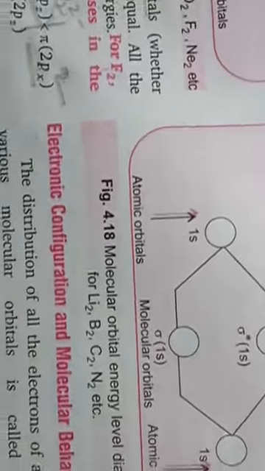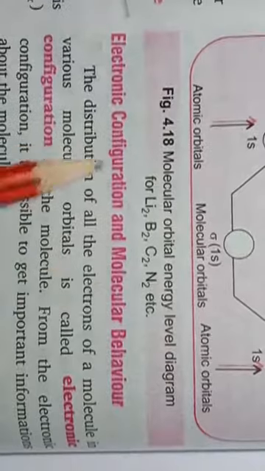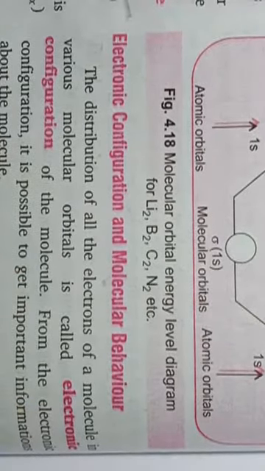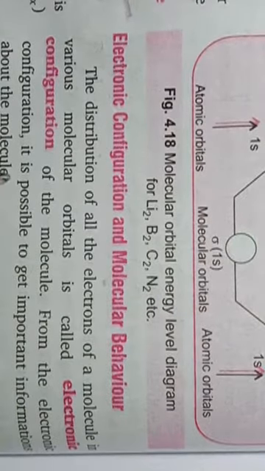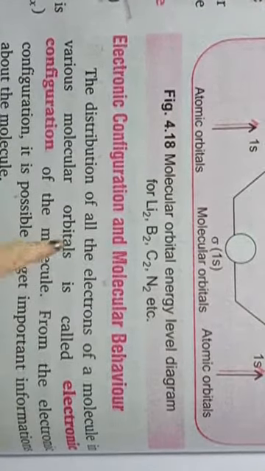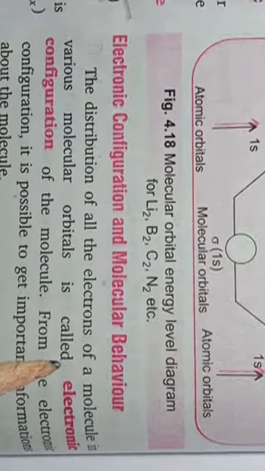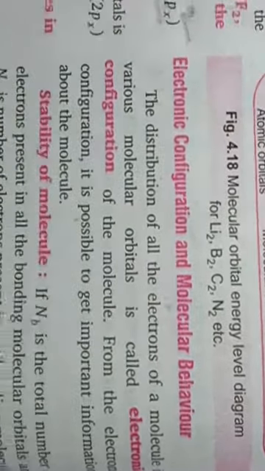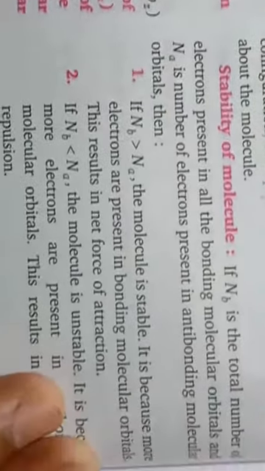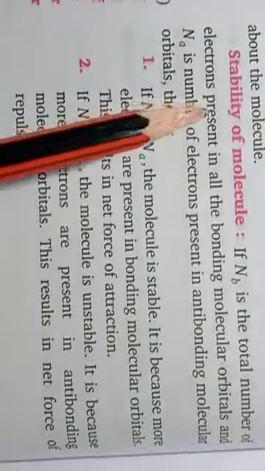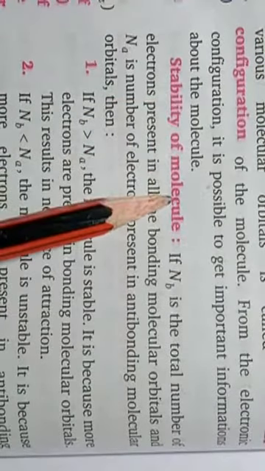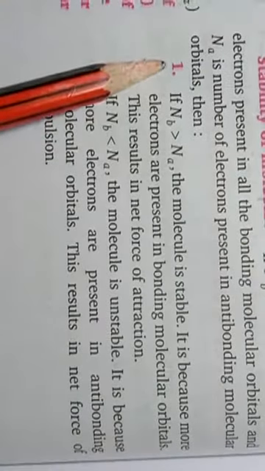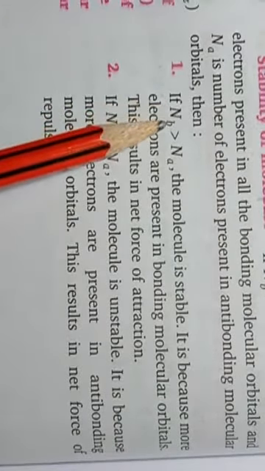Okay students, the next heading is electronic configuration and molecular behavior. After completing the electronic configuration of a particular molecule, what conclusions can you draw? First point, the stability of the molecule. For the stability of the molecule, according to the first point, if the number of bonding electrons